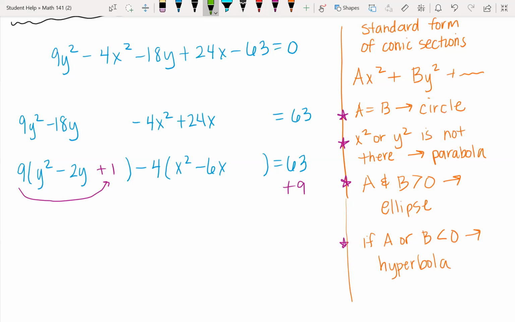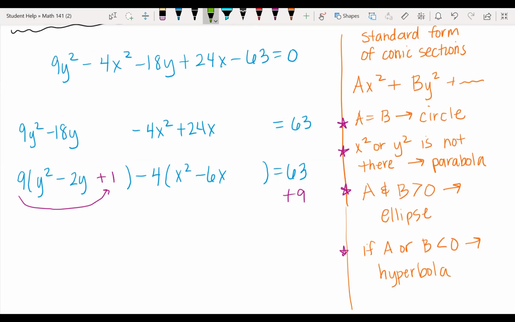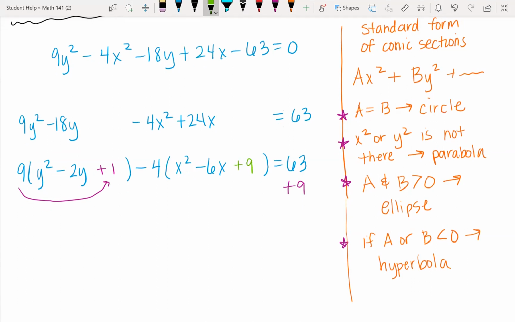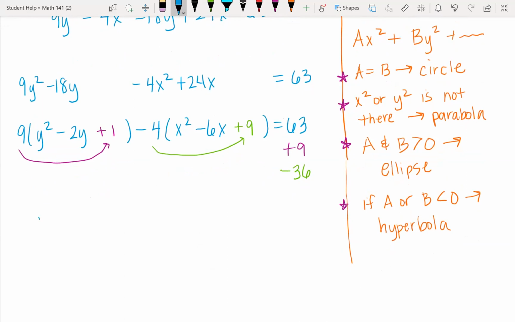For the second set, for the x's, I look at the middle term, which is -6x. Half of that would be -3. Squaring that is +9. Really what I've done is I've subtracted 36, so I'm going to subtract 36 from this side to keep the whole thing balanced. Now I will simplify this. I have 9 times the quantity y minus 1 squared minus 4 times x minus 3 squared